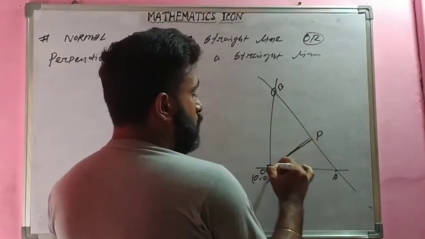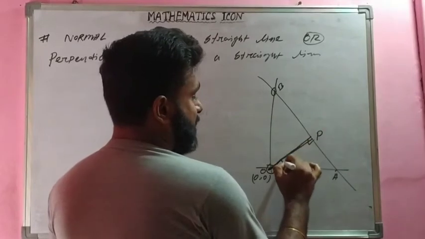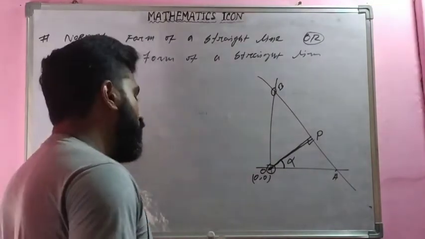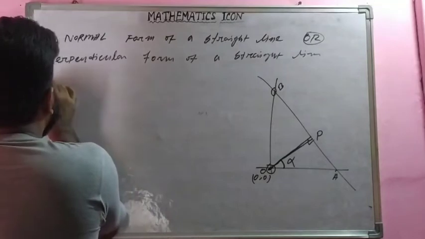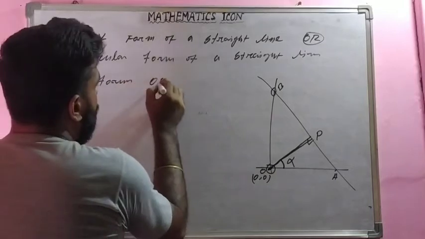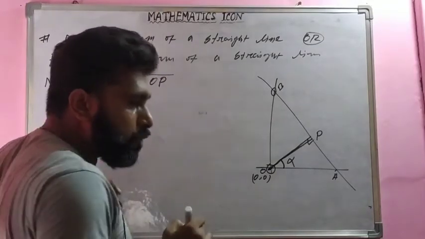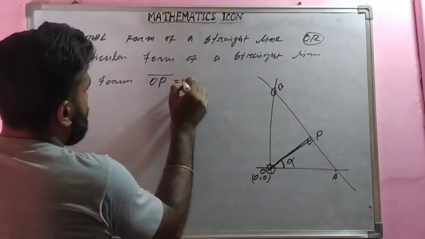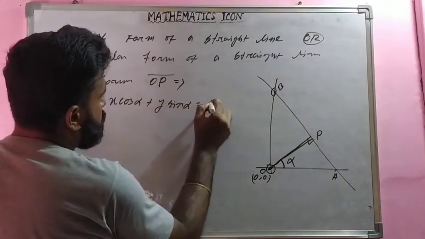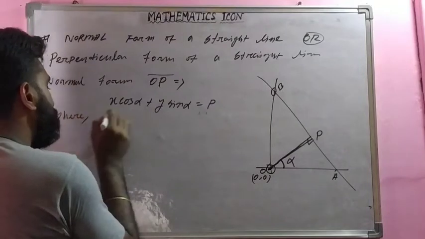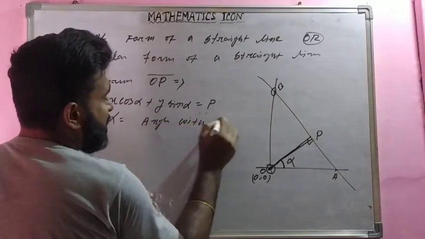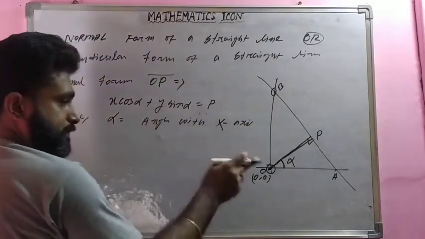देखो, अगर ये जो परपेंडिकुलर है, ये अगर x एक्सिस के साथ अल्फा एंगल बनाता है, तो इसको नॉर्मल फॉर्म बोला जाता है। OP लाइन का इक्वेशन जो है वो नॉर्मल फॉर्म में आप निकालेंगे. कैसे? x cos alpha plus y sin alpha equals to p, where alpha equals to angle with x axis. दिखाई दे रहा है आपको फिगर में, ठीक है।